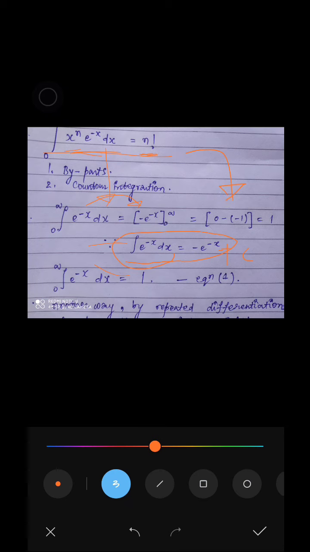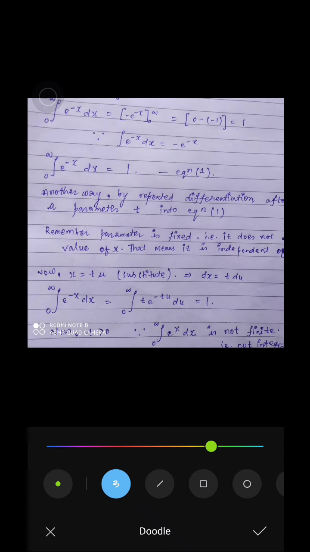You might be thinking why I am doing all this, but the overall equation 1 over here is going to be very useful for us before moving to the counter integration method. So we have proved our equation here, and you might be thinking what is counter integration. I am not going to tell you about its definition, you can Google it, but I am going to show you the example so that you can understand it in a better way.